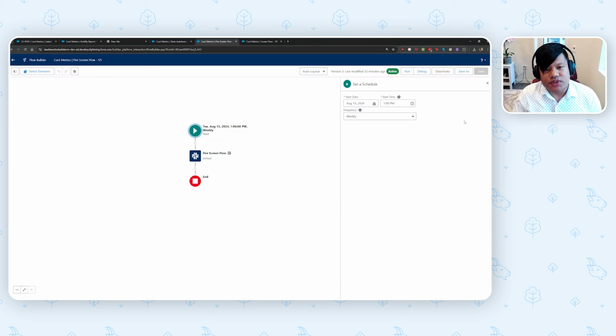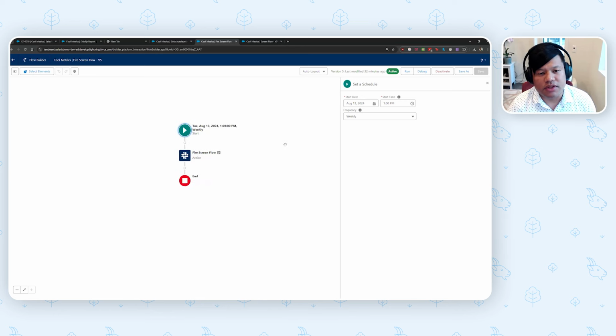All right, to solve this using Flow for Slack, we're going to need 2 flows. We need 1 flow to actually fire the screen flow. And what we're looking at is a scheduled flow. Like I said, the use case was every month we need this flow to fire to remind our users in Slack that they need to enter their data. So we're going to use this to kind of kick everything off.